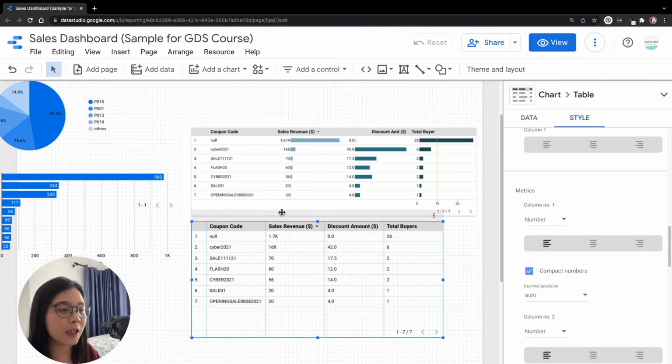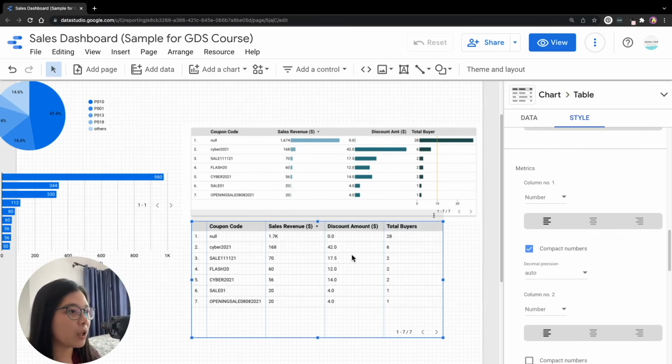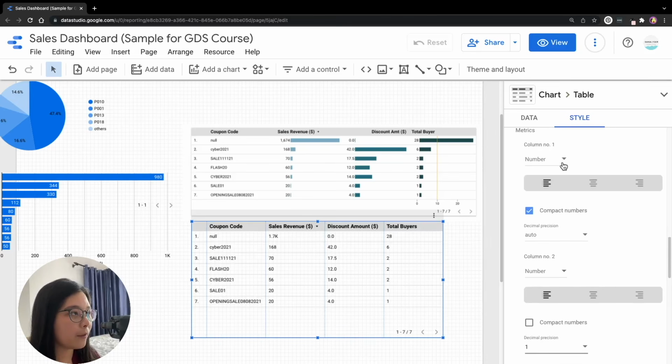So basically in Data Studio, we can convert a table from this format to a table with bar charts, like very mini bar charts within the table. To do that, it's super easy. Just go to the matrix section again, and for the number, we are going to change it to heat map first, just to show you the example. So if I change it to heat map,